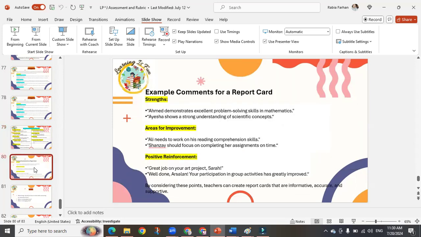Now, how we design a report card, I'll share with you. Okay, now for reporting, I will share, if you want, 100 comments of strengths, 100 comments of areas of improvement, and 100 comments regarding positive reinforcement. I'll share 3 files with that. So it will become easier for you to write the comments on the report cards for your students also,